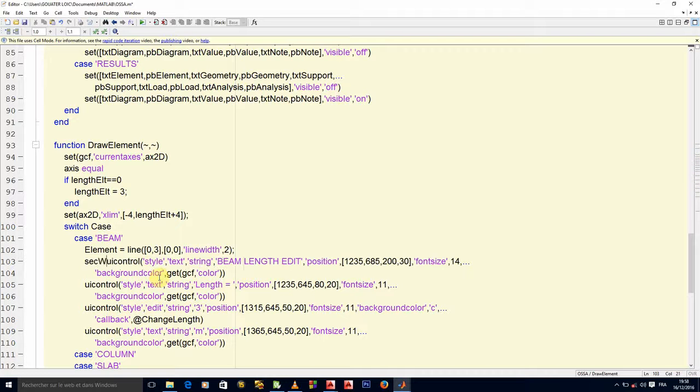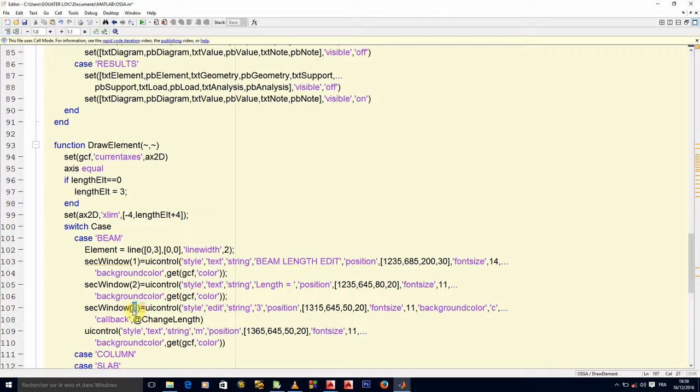It means I will have secondary window of 1 equal to this, secondary window of 2 equal to that, secondary window of 3, and so on. That makes sure that I have access to these elements in every single function I create with no problem.